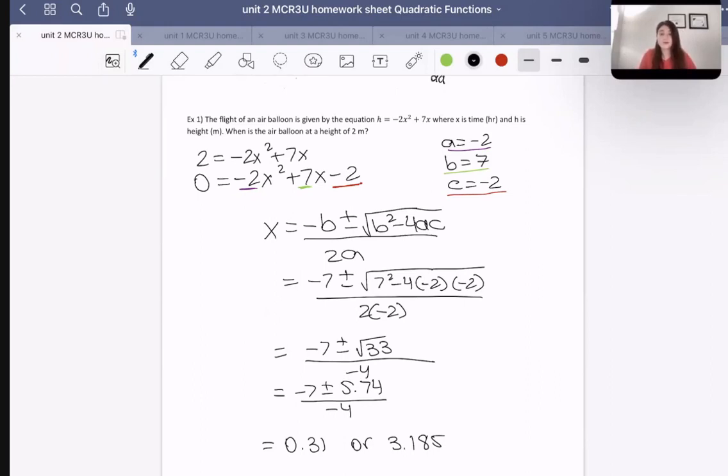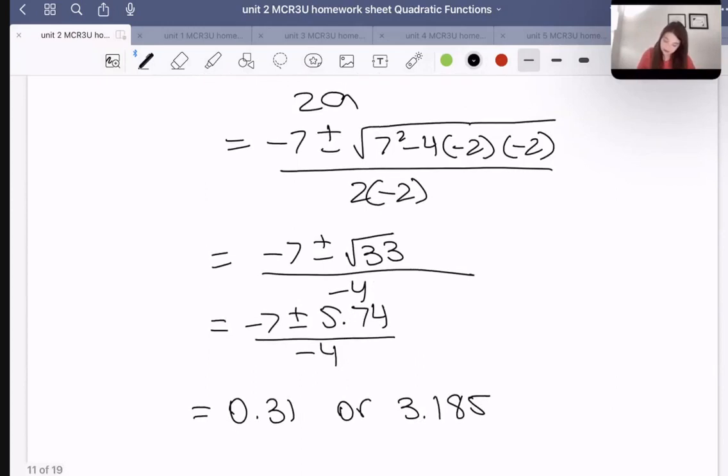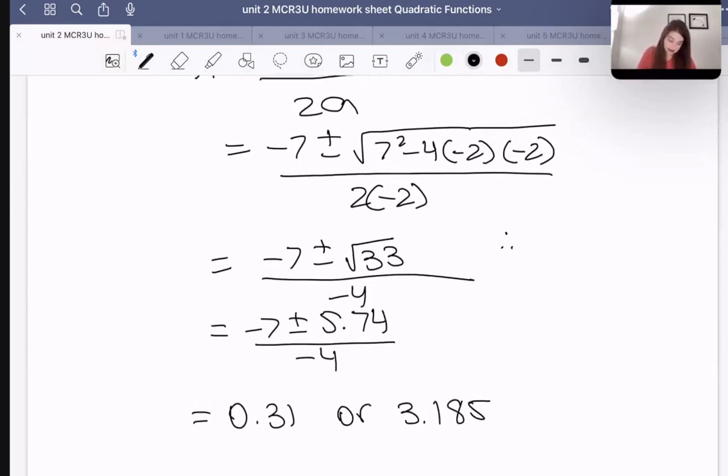Sometimes you may get one of the answers as a negative answer, and that may not make sense depending on the context. But it's not about whether or not what's in our square root brackets ends up being positive or negative, right? It's not about that per se. It's about which is our answer, positive or negative, and whatever our answer is, does it make sense with the context of our question? Okay, so with that said, I'm going to write a conclusion statement that says, therefore,